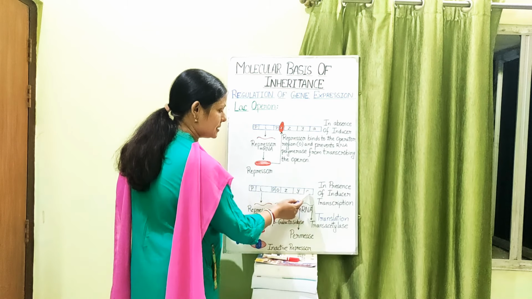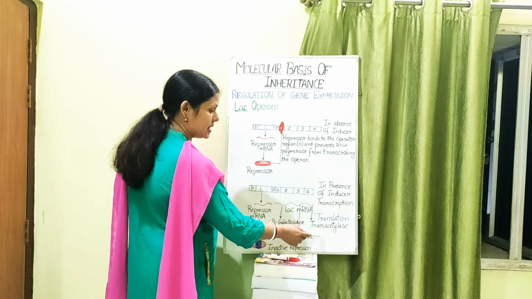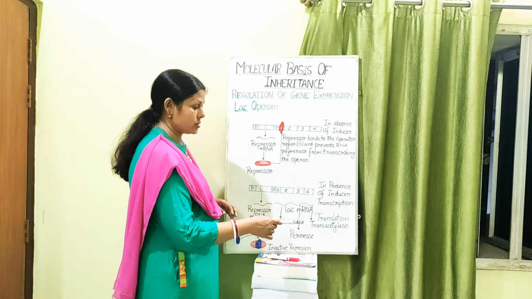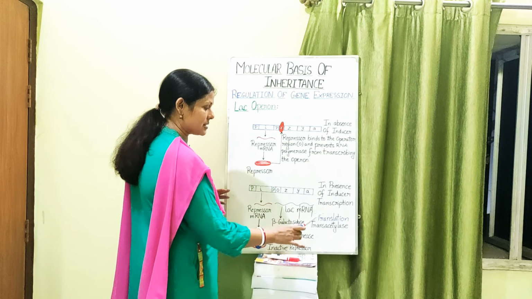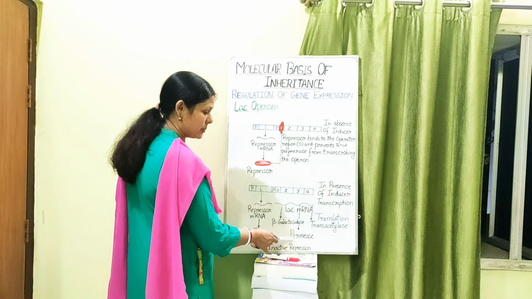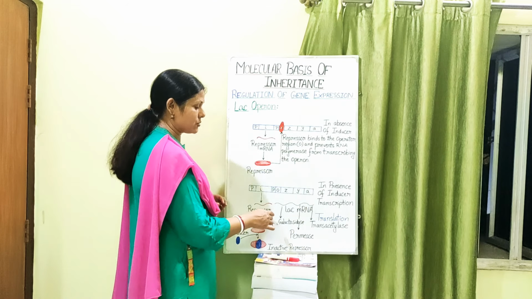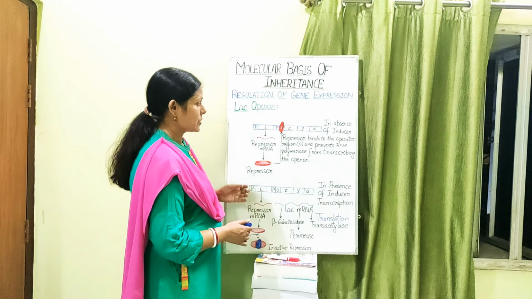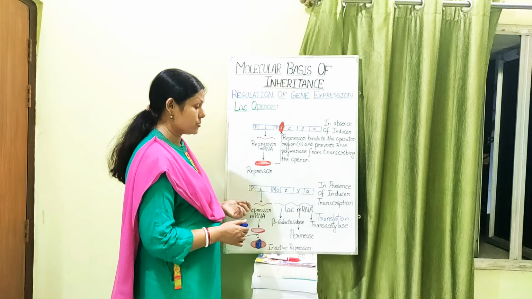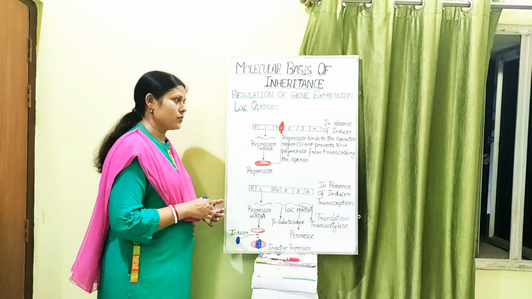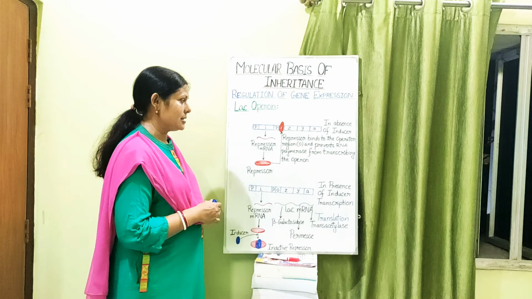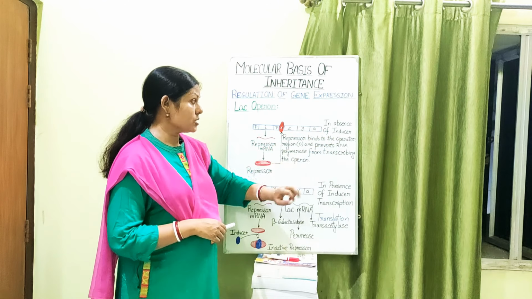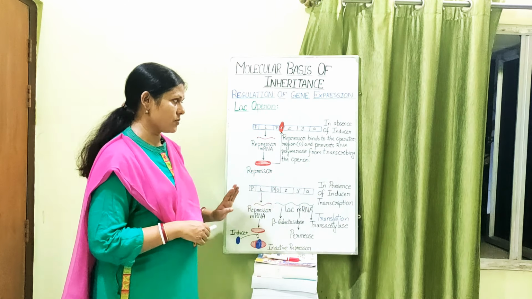And then there is another structural gene, which is A gene, and it will be producing the enzyme trans-acetylase. Now, the function of trans-acetylase is not so clear, but it has been seen that trans-acetylase along with the permease helps in the movement of the lactose within the cell, so that the beta galactosidase can break it down easily into glucose and galactose, and as a result a ready source of energy is available for the bacteria to be utilized. So this is all about your Lac Operon in absence of an inducer and in presence of an inducer.